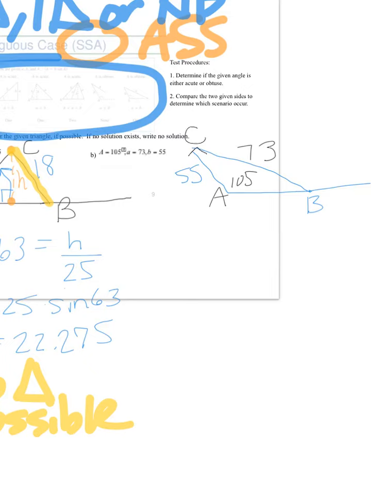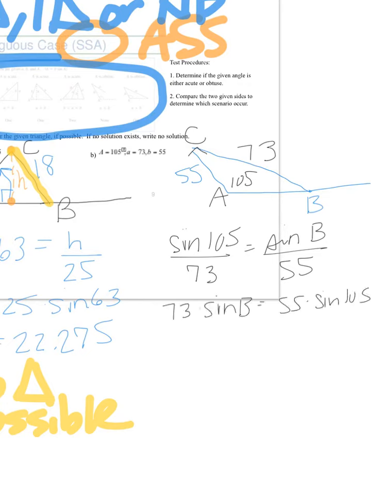So here we go. I've set up the proportion. Sine of angle A to its opposite side, 73, is going to equal sine of angle B to its opposite side, which is 55. So I did the cross product rule, and what I want to do is solve for sine of B. So this time I'm going to divide by 73 to each side. So we're going to get sine of B is equal to,